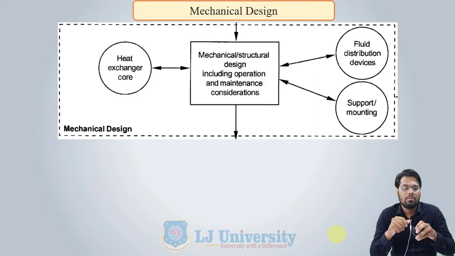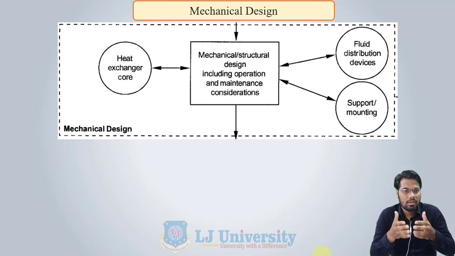Okay. Now the third stage is mechanical design. At the first stage, you have defined the process specification or problem specification according to customer need. You have specified some initial parameters like type of heat exchanger and flow arrangements according to the availability. In the second stage, you have decided according to the thermal design, according to the rating problem and sizing problem. You have selected a particular method for the design of the heat exchanger, like the LMTD method or NTU method, with required inputs like type of heat exchanger, flow arrangements, and calculation of fouling and corrosiveness.